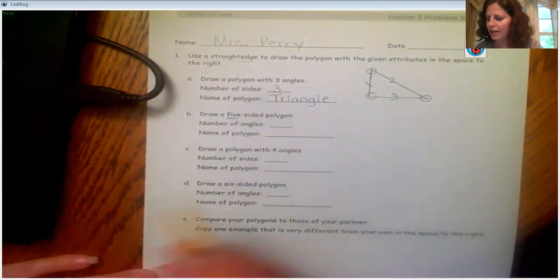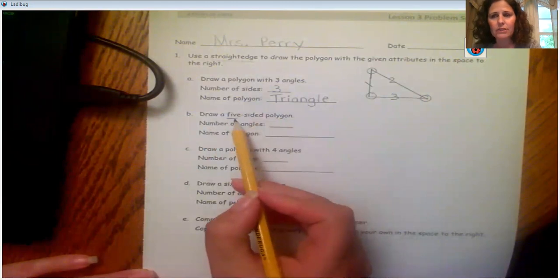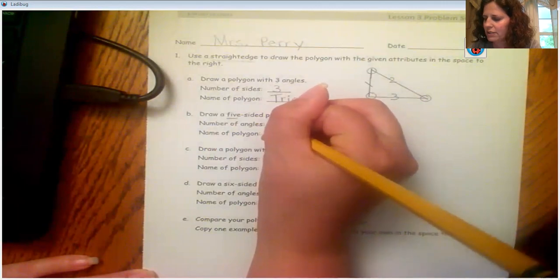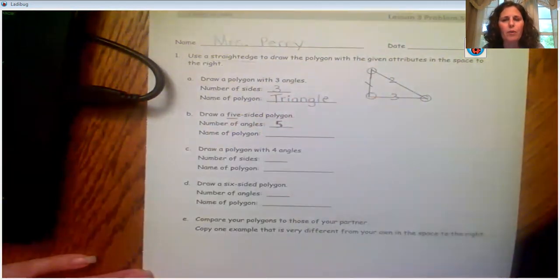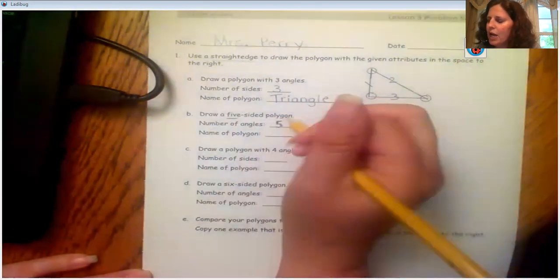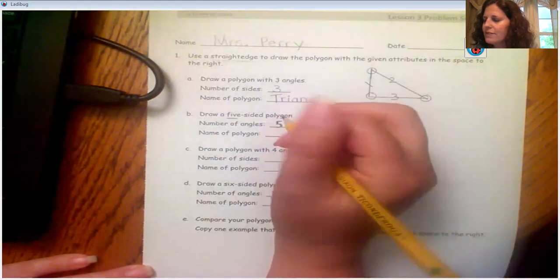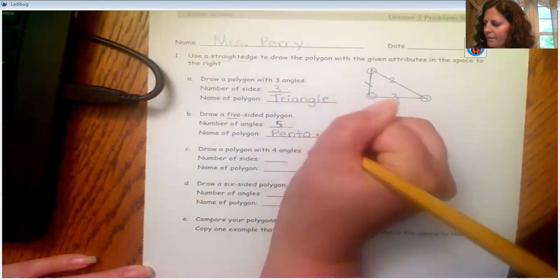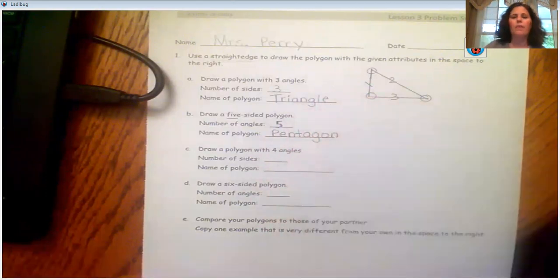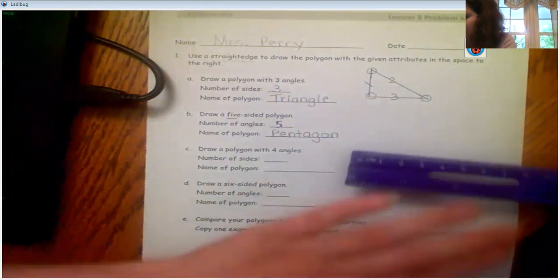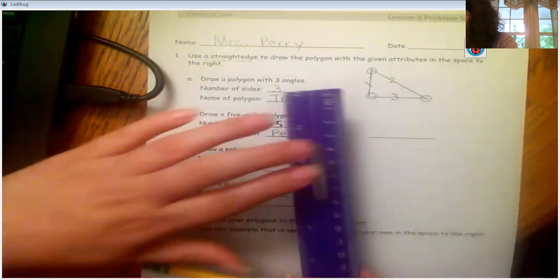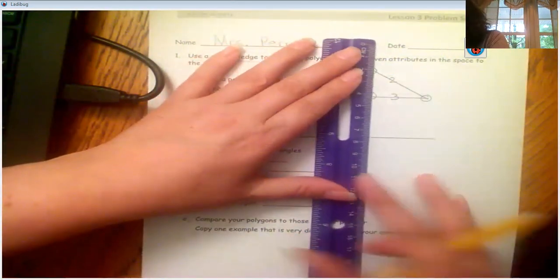5-sided polygon. Well, if it has 5 sides, I know that it's also going to have 5 angles. And if you remember back from our previous lesson, lesson 2 on Tuesday, we said that a 5-sided polygon is called a pentagon. So I have to come up with 5 sides. What I think I'm going to do is make a bottom, make 2 sides,